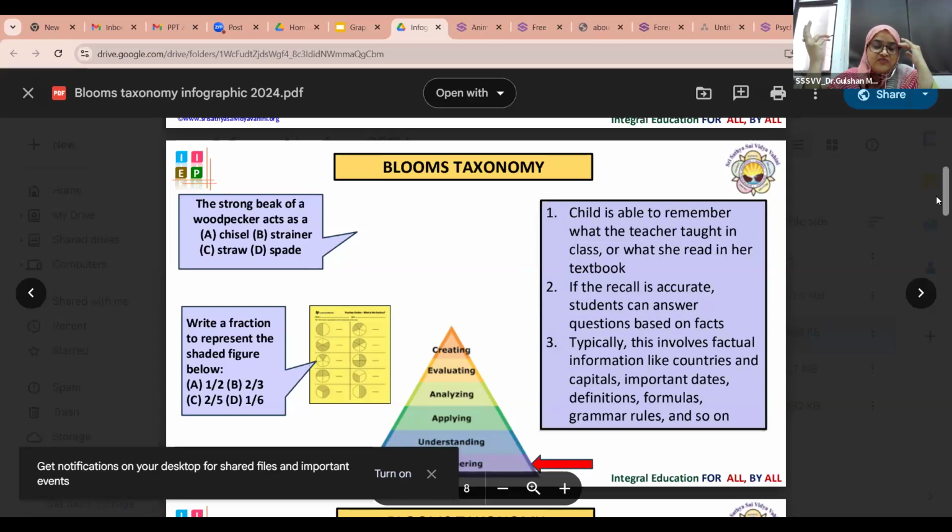So as teachers, we faced a little difficulty, and now we are very much familiar with this taxonomy. But it is a very important part of teacher training. So every student, every teacher has to learn Bloom's taxonomy by heart.